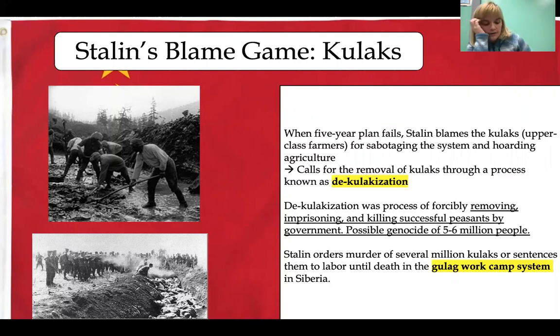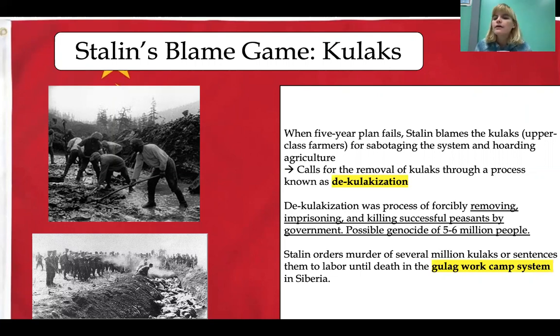Now, a couple classes ago, we talked about genocides, and I think I told you guys the first genocide of the 20th century was the Armenian genocide happening by the Ottoman Empire, okay? We're going to talk about another genocide today, one in which the Russian government inflicts on its own people. So naturally, the 5-year plan fails. Shocker. And because Stalin is somebody who basically does not know how to accept any sort of responsibility, and also refuses to accept that